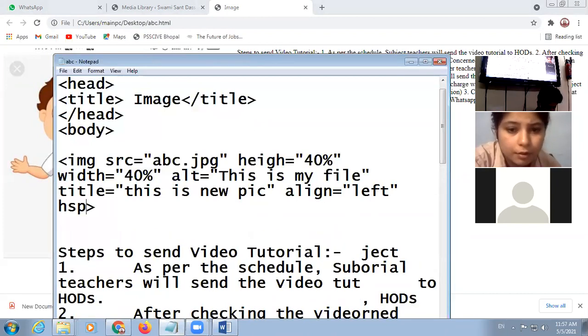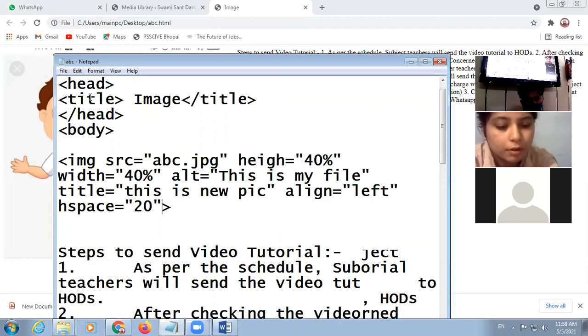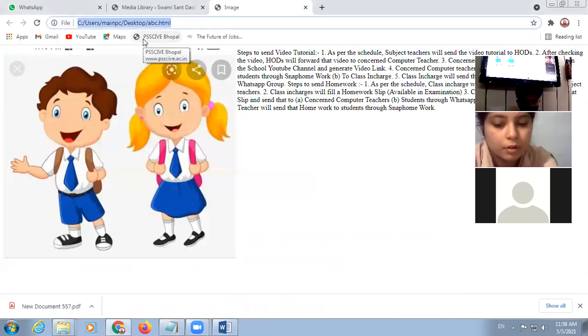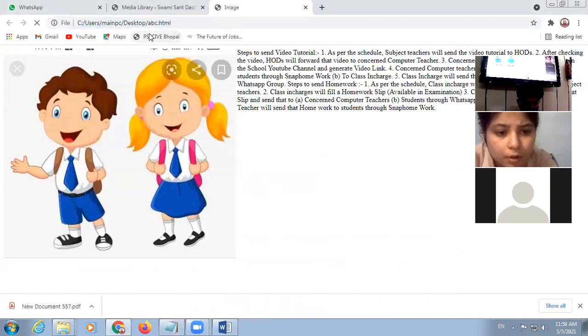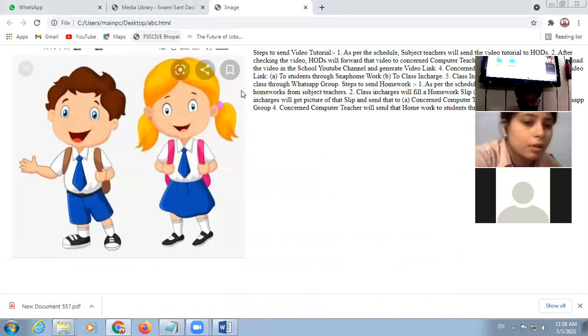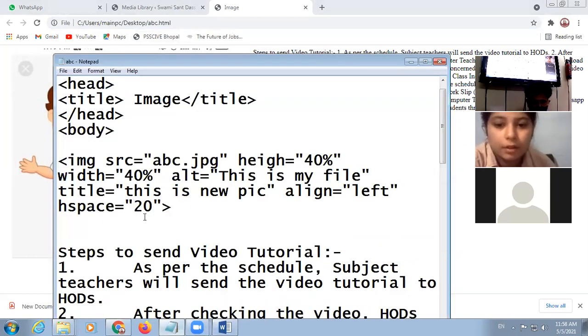hspace. Suppose I am giving here 20. So look at here. There is extra space between the image and the contents. So I am increasing this.